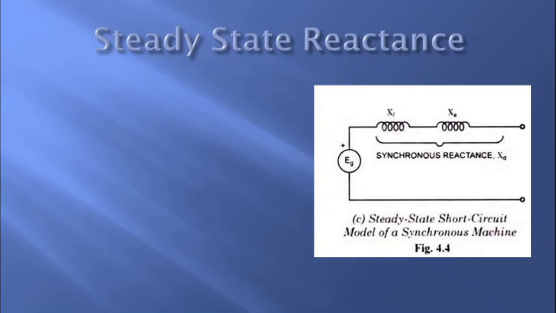So steady state reactance, you can see the equivalent circuit. I further removed the reactance because of field circuit, and there is only two reactances working right now, XL and XAD. And this is how you can easily conclude that Xd is greatest, because here the XAD is direct, and as the reactances in parallel combination increase, the equivalent decreases, and hence this is the proof that Xd is greater than Xd dash is greater than Xd double dash.